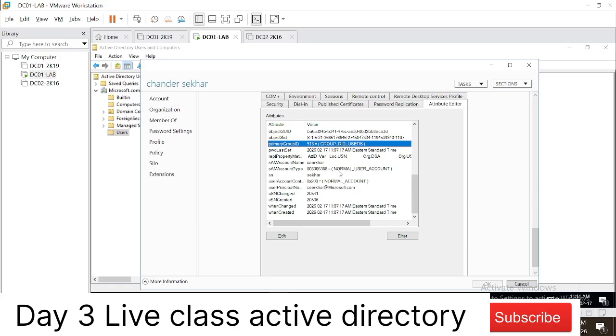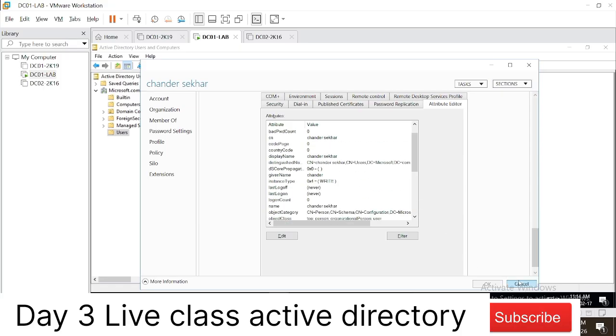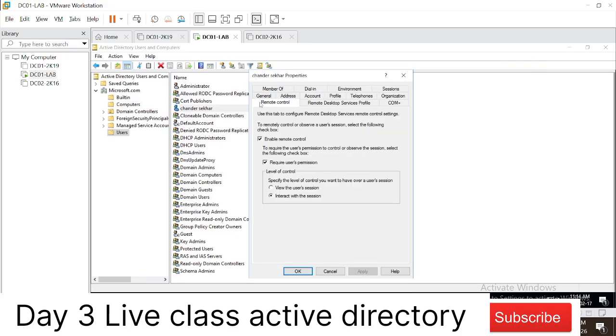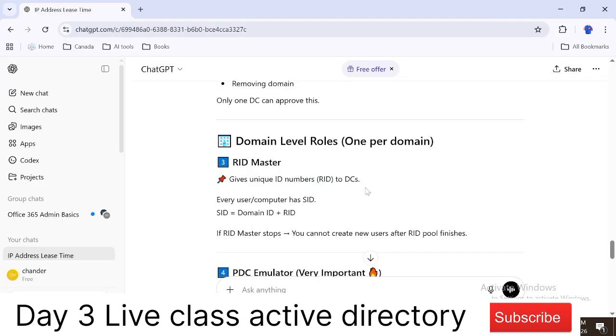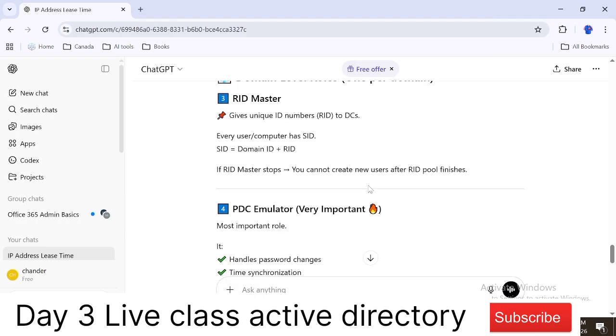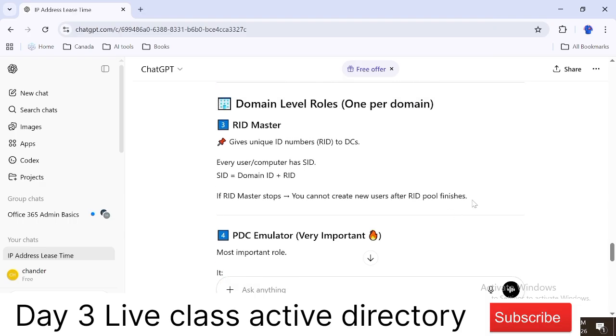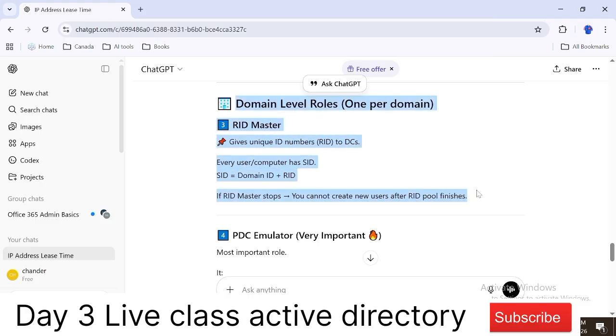And the example I've given you is to make you understand that you hardly get a chance to create new attributes. See, everything is free these days on the internet, but you have to understand it in your practical world. Reading these things on the internet, I never understood what is RID master till the time I discovered what is RID master. I'm telling you my experience.